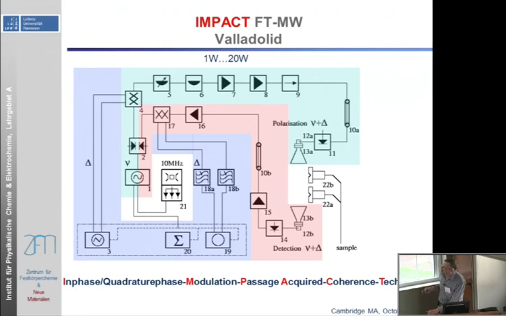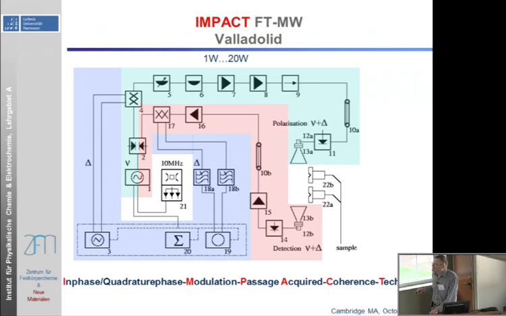The setup is like this. Same color code I used here. What you might realize is that the number of components is just much, much smaller. To build a spectrometer like this, with the broadband electronic components like arbitrary waveform generators and high bandwidth scopes nowadays, you need a very limited amount of microwave components here, because a lot of conversion steps you don't need. So the spectrometer is much simpler, except that unfortunately some of these components are much more expensive now, so you don't save money.